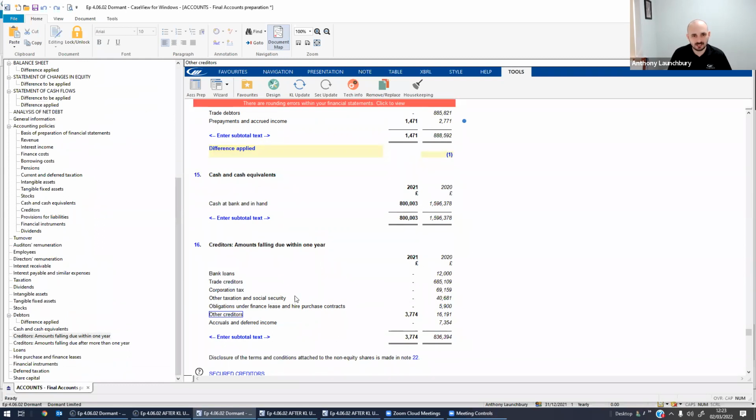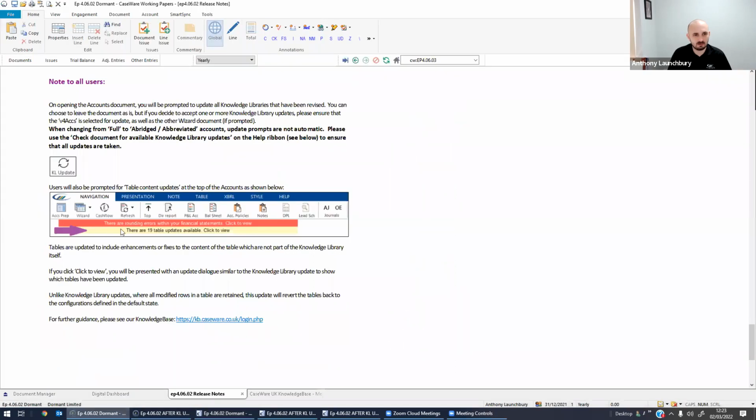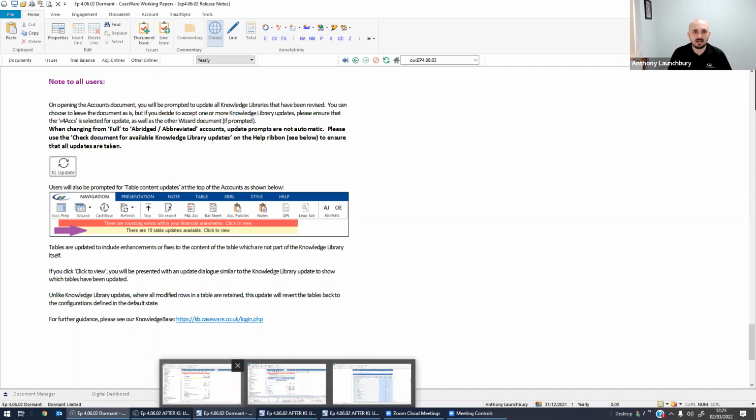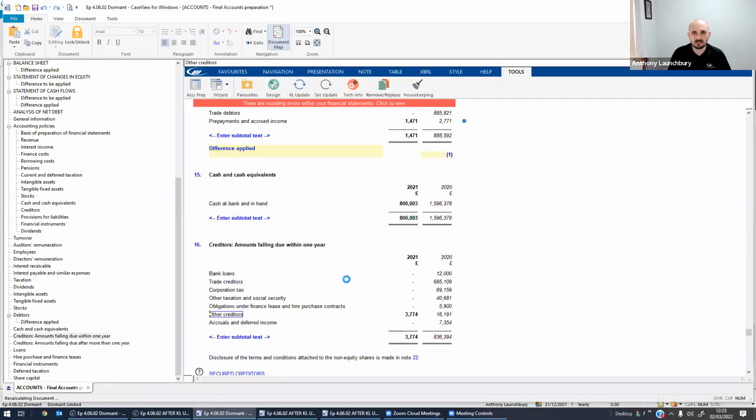save this layout. Because as and when you apply these table updates, it will apply CaseWare's original table update and override any of the edits to tables you've done. So off the back of the call this morning, I pointed out to a colleague that you can also go through and save layout. If you have tailored these notes and spent a lot of time on them, and you don't want to have to reperform them, but you also want to make sure you're up to date from a CaseWare perspective,